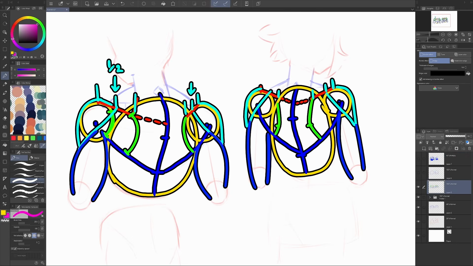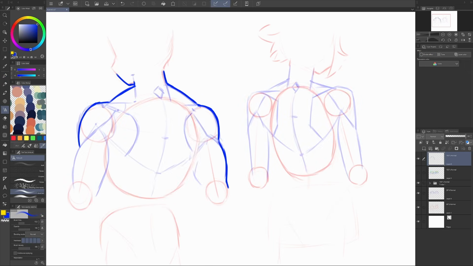For the neck, remember that little diamond, the bone that protrudes there, that's level with where the collarbones would be, and then do the trunk for the neck the same way. And then add the traps on the side, coming up higher or lower, depending how muscular the figure is. And with those shapes in place, you can see then, we can map out line art and a bit of